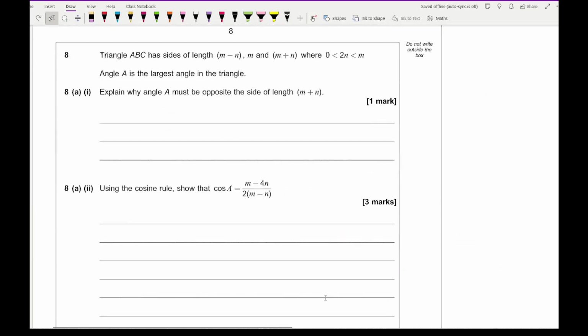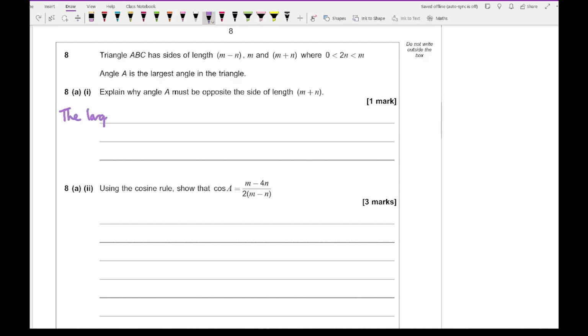Then moving on to question 8, it says triangle ABC has sides of length m minus n, m and m plus n, where 2n is between 0 and m. Angle A is the largest angle in the triangle. Explain why angle A must be opposite the side of length m plus n. So again, there's only one mark, but you want to make sure you're adding enough detail in this, and something along the lines of that the